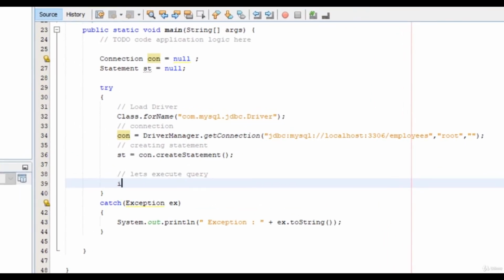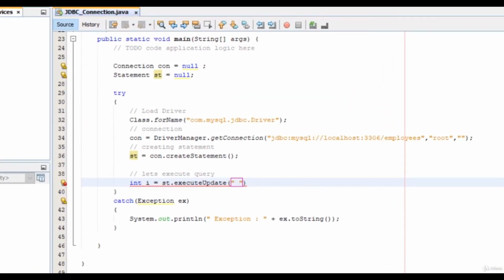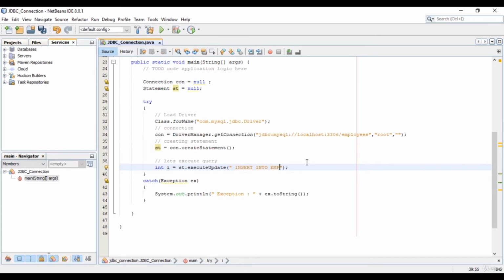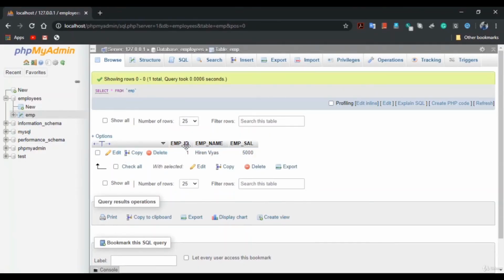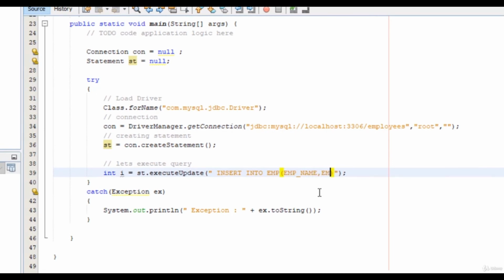So I will write int i is equal to st.executeUpdate. Now this executeUpdate method will allow us to insert, update and delete records. In double inverted commas, I will simply write the insert query. So let's say insert into, our table name is EMP. So let's say EMP. List out all the fields except employee ID because it is auto incremented. So let's say emp_name and emp_salary. So say emp_name comma emp_salary, and values